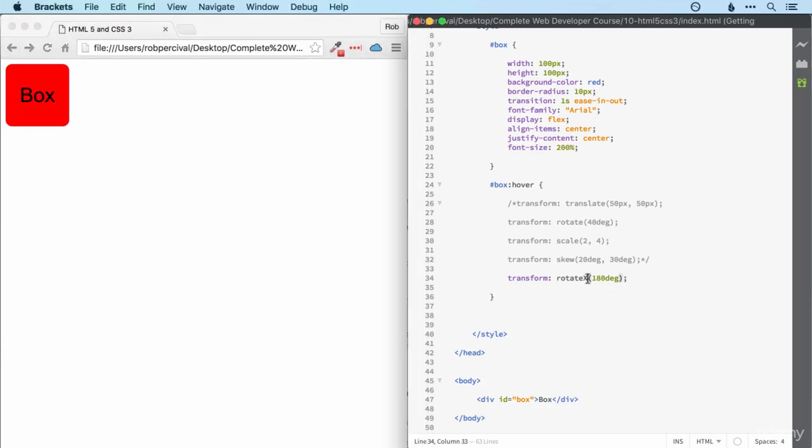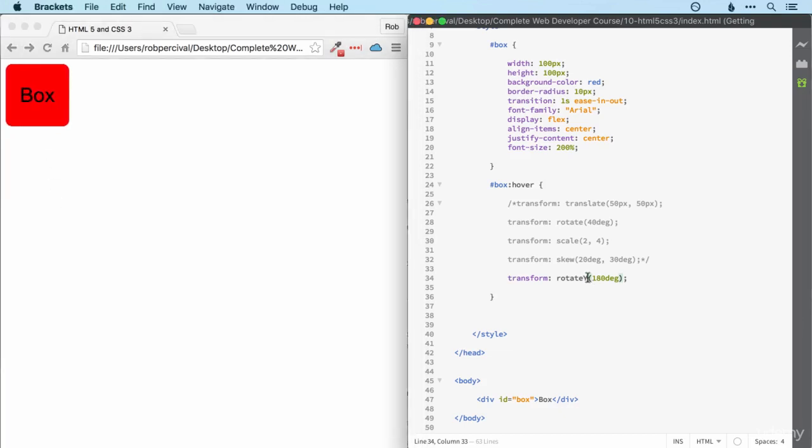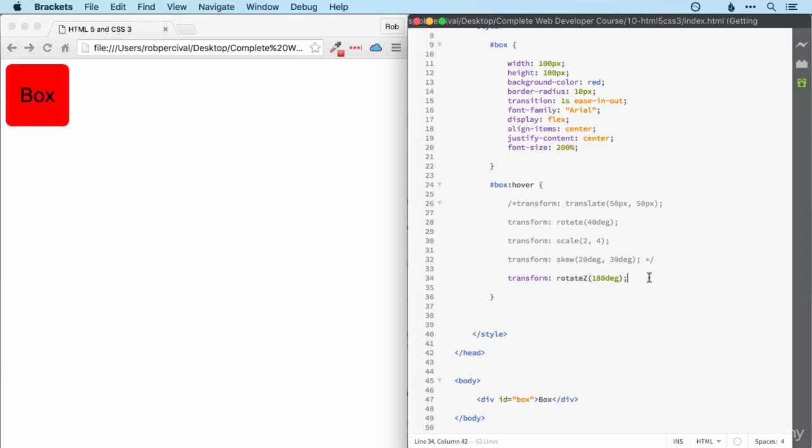Of course, we can do a rotate Y to rotate around the vertical axis. Like that. And a rotate Z to rotate around the imaginary axis coming out of the screen. There we go. And that's the basis of it. You can do, of course, a lot more with CSS3 transformations and animations, but that's as far as we're going to take it here. I've given several links in the document at the end of this chapter if you want